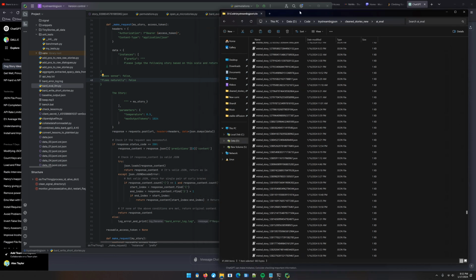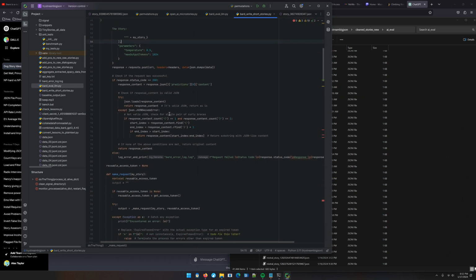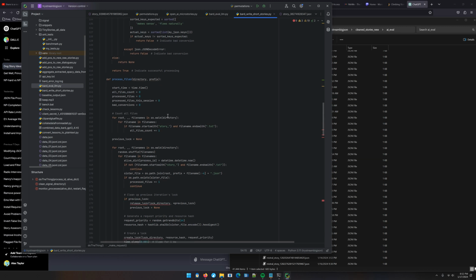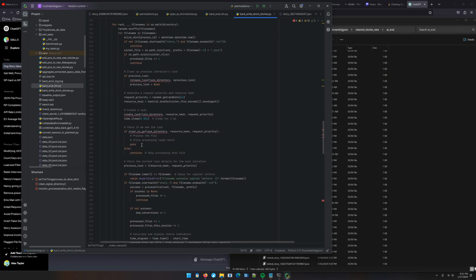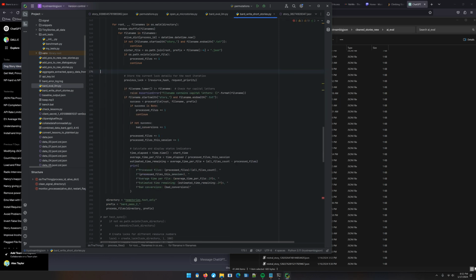So here's what we are going to do. Please judge the following story, and this is not what we're going to do. So make request, log error, and print process file. Okay, we don't have to do anything with the locks. Nothing with the locks.